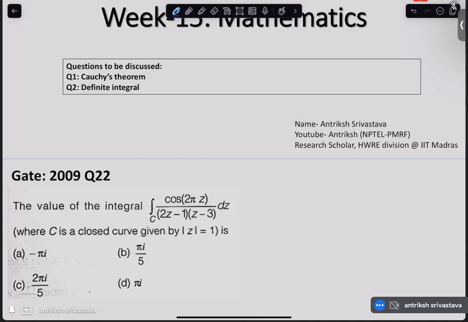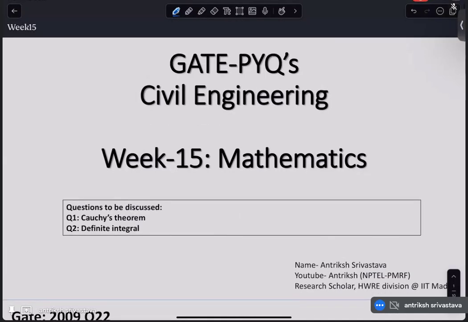Okay, so hello everyone. This is week 15 of our previous year questions discussion, and we will be discussing engineering mathematics today. So, what I decided was we'll keep today's session a little short, and also because of